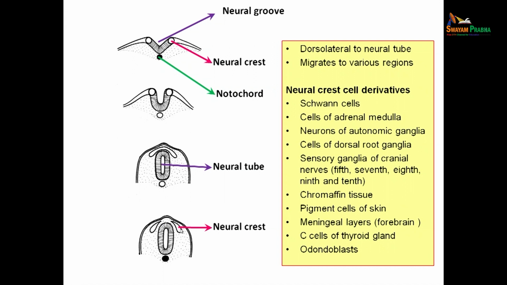How will you explain the position of the neural crest cells? They are seen dorsolateral to the neural tube. Are they lying like this throughout life? No. As soon as they are formed, they will migrate to different regions of the body according to the structure which they will give rise to. Though they lie initially on the dorsolateral aspect of the neural tube, they migrate to different parts of the body according to the structures formed from them.